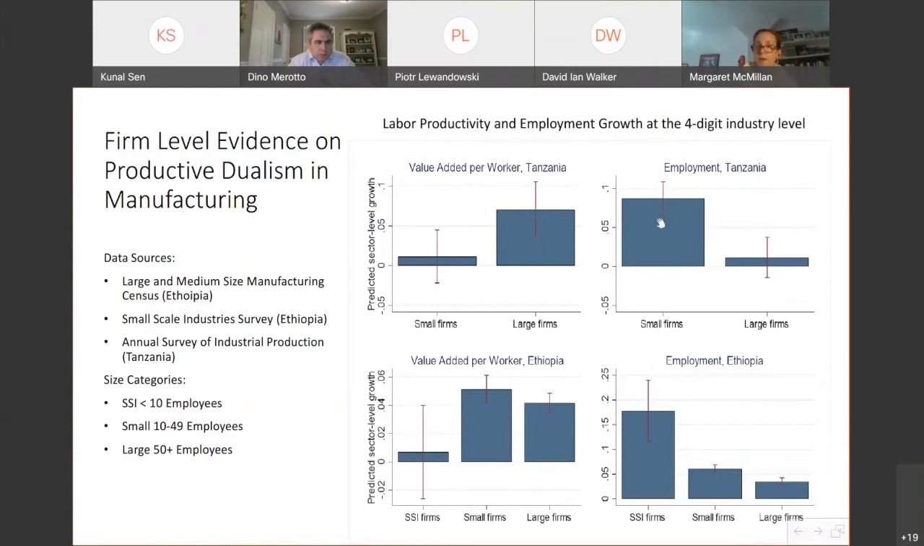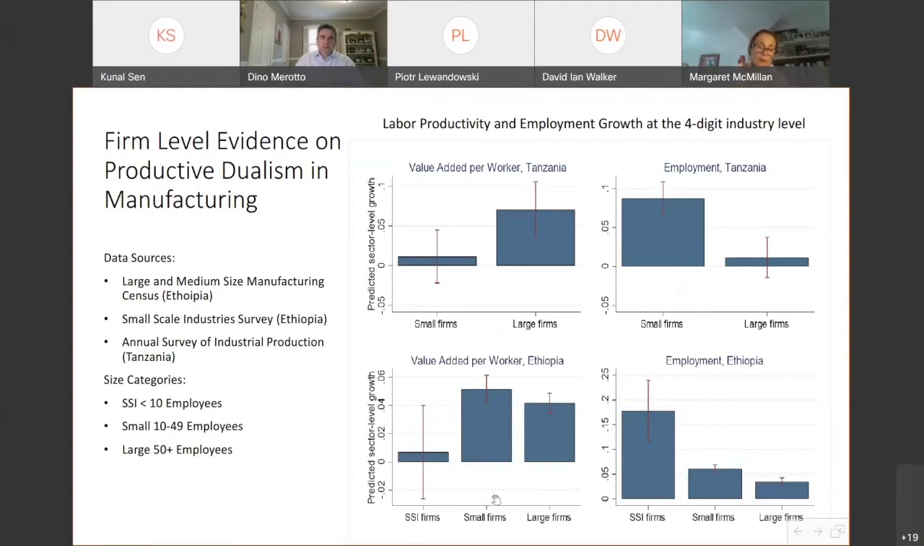By contrast, employment growth in the small firms is very rapid, whereas, sorry, I mixed it around. So employment growth in the large firms is relatively low. So here you already see productive dualism between small and large firms in the formal manufacturing sector in Tanzania. And in Ethiopia, we have even more disaggregated data,